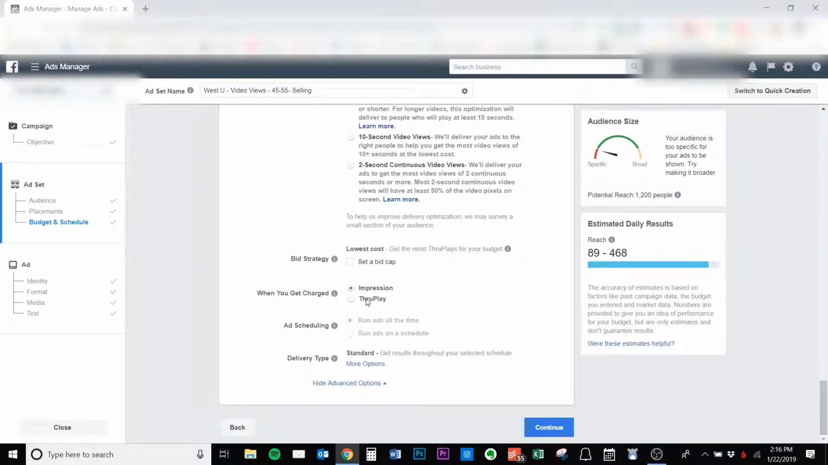When you get charged by impression or ThruPlay, I recommend impression. It's going to charge you for every 1,000 people that see the ad, which is typically a pretty low cost. But you can play with it and see if it works out different for you. Don't worry about bid strategy too much. That's a more advanced tactic, and just the defaults work just fine. So you're going to hit continue,